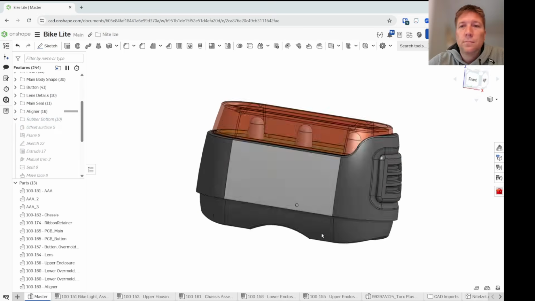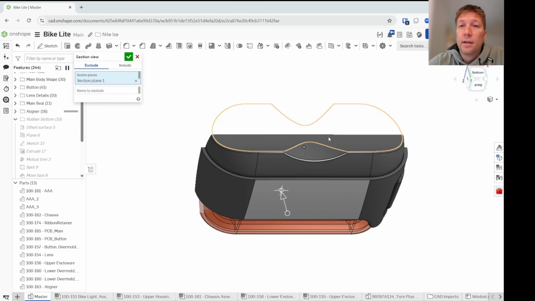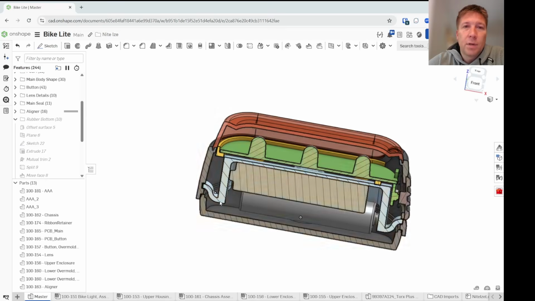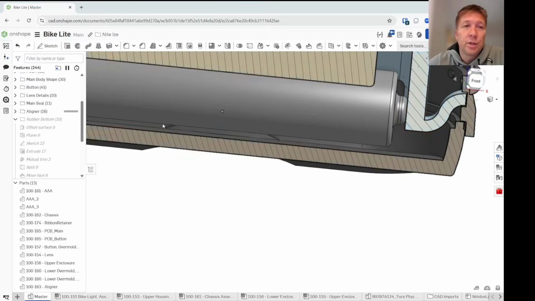Now, one of the tricks on this part is that there's a rubber bottom in here where this entire bottom surface is made out of rubber. And right now, the only thing we have in here is a solid plastic bottom. So how are we going to show the manufacturer that this is actually an overmold? So to get there,